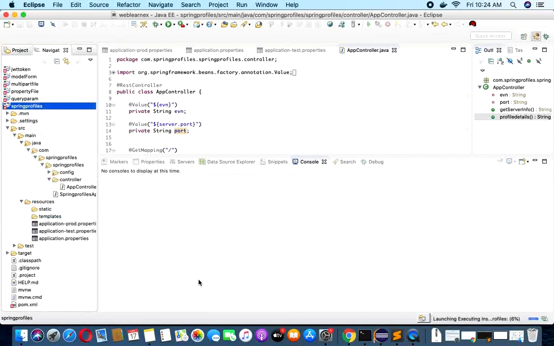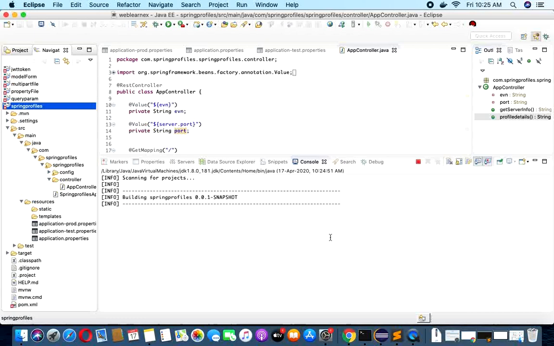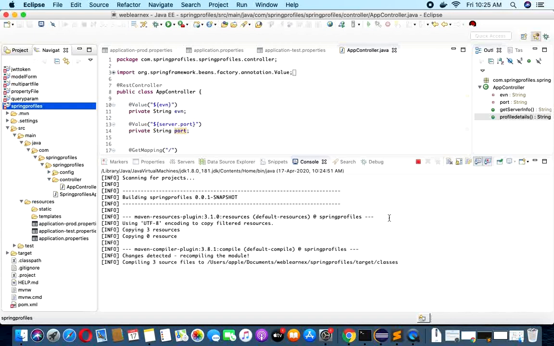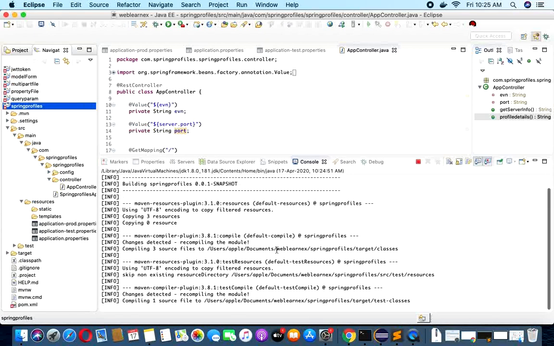I started my build process. The build process is going on, it will take some time. You can see here the build process is going on.